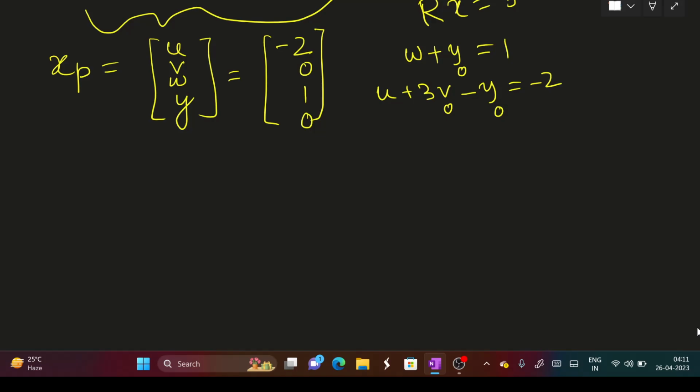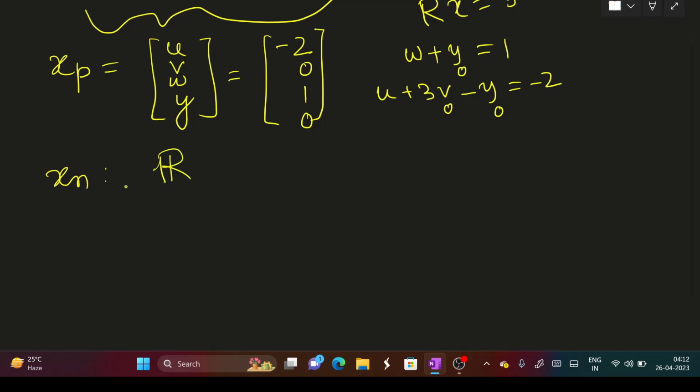If it is in the second row, then the second row element of the RHS vector gives me the value of the corresponding pivot variable. Next is how to find out xn. To find out xn, we have to first take this